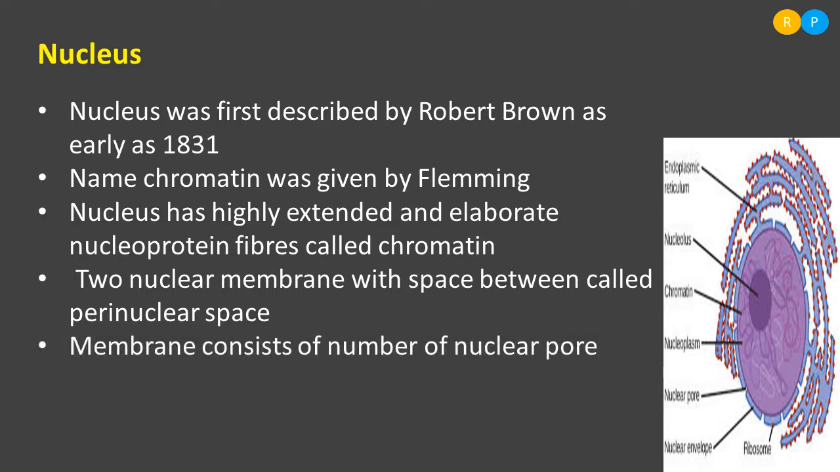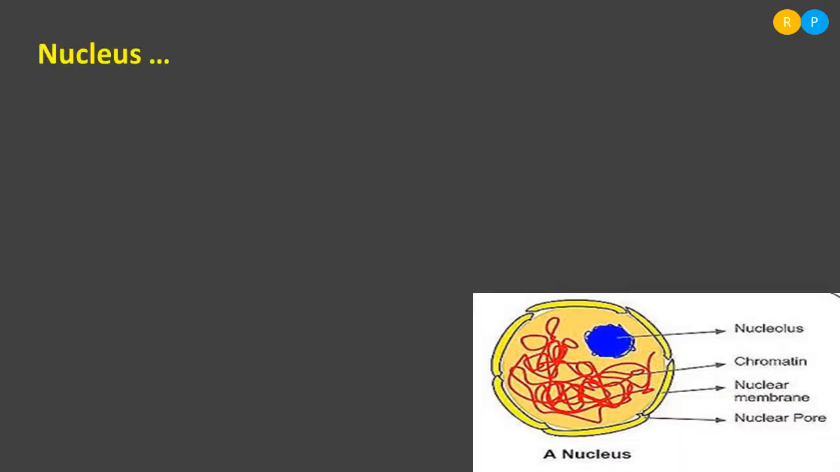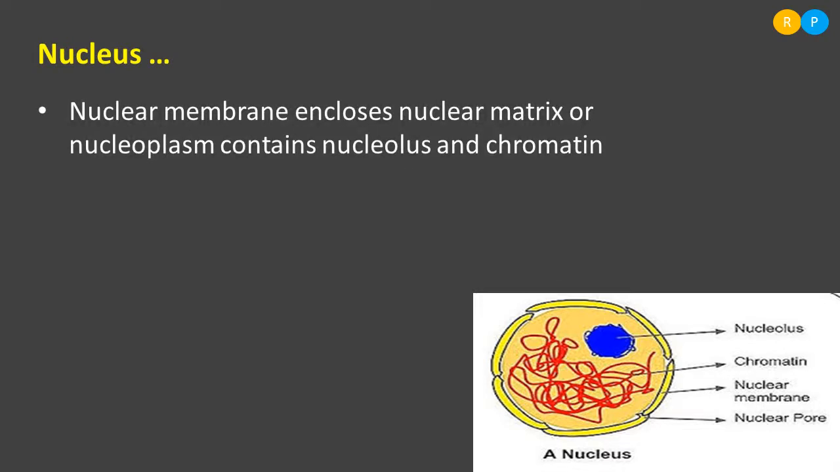Understood, right? Yes, the membrane consists of a number of nuclear pores. So nuclear pores are the small openings present on the nuclear membrane. So the pores are named as what? Nuclear pores. Then the nuclear membrane encloses a nuclear matrix. So within the nuclear membrane, we can find the matrix region, a fluid filled region, and that region is nothing but